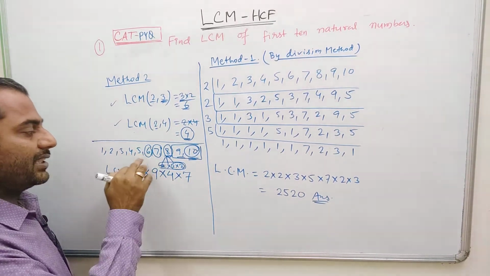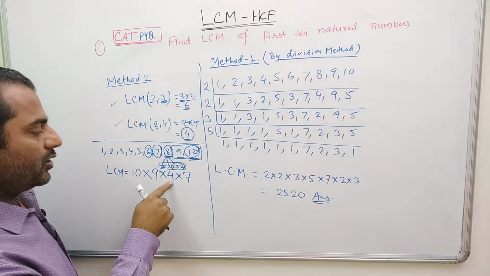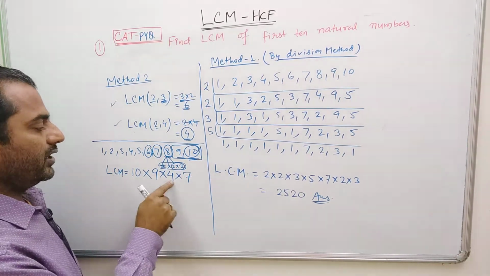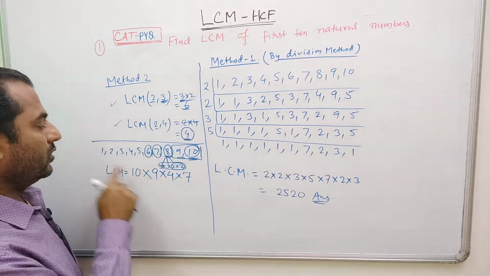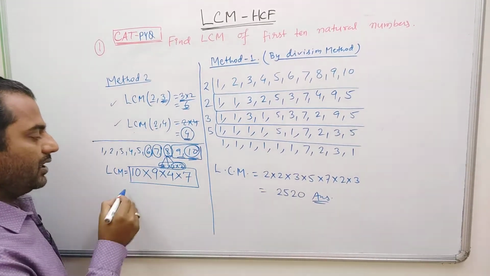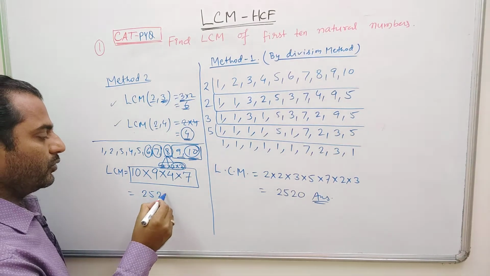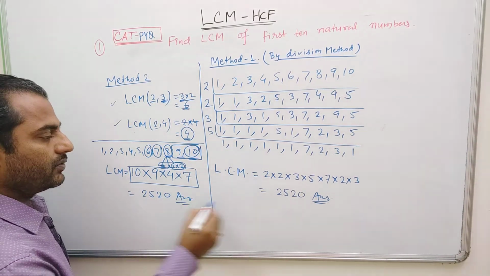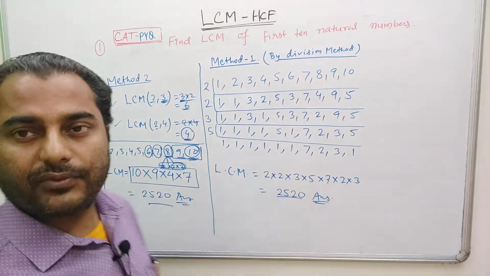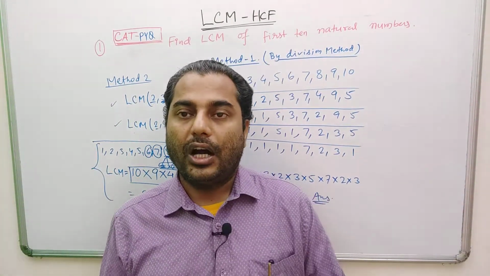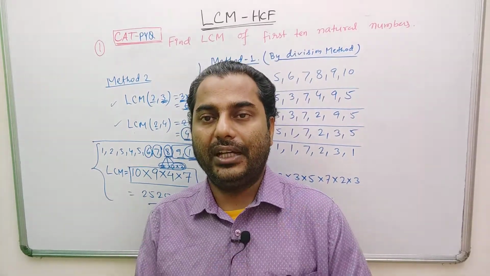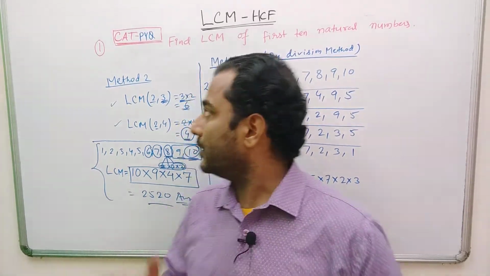Next is 6. 6 means 2 and 3. Already 2 is there, 3 is there, right? 5 is already inside 10. 4 is already there. 3 already comes. 2 is already there. 1 has nothing to do. Now these 4 numbers, you just multiply them and you will get 2520 as the answer, which is definitely the same answer. Just in one step, if you understand the concept of co-prime numbers and how we find the LCM of any big numbers, any series of numbers, using this smart method.